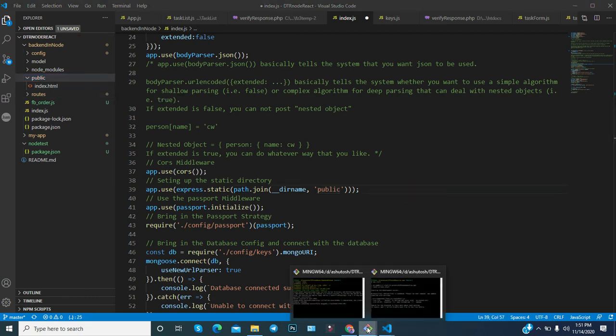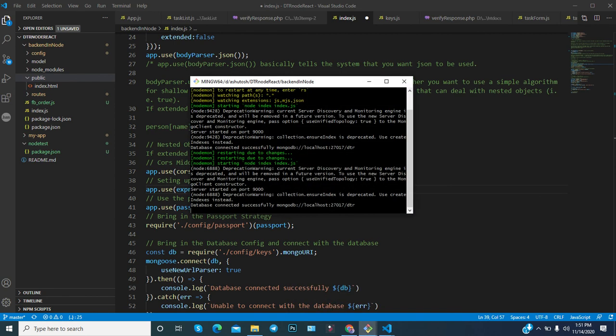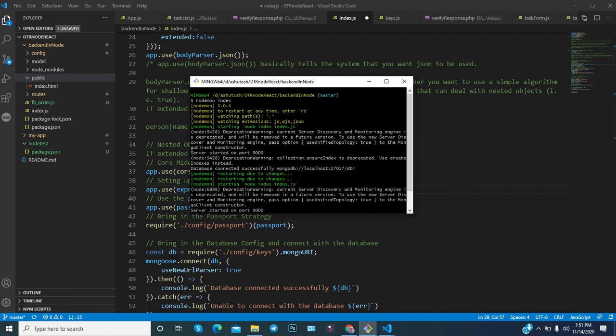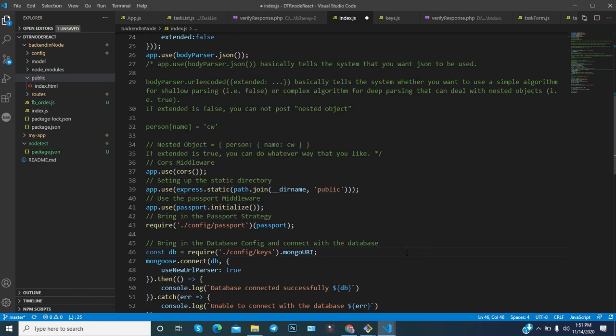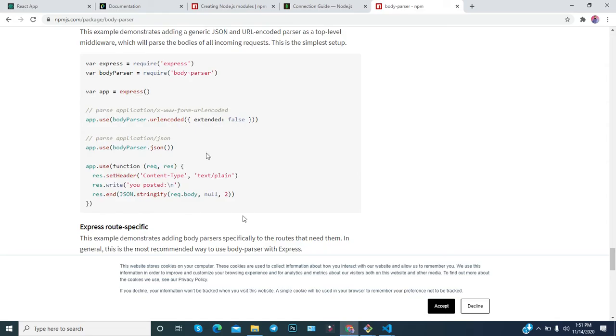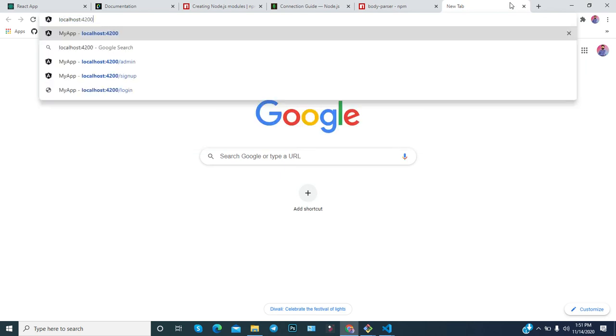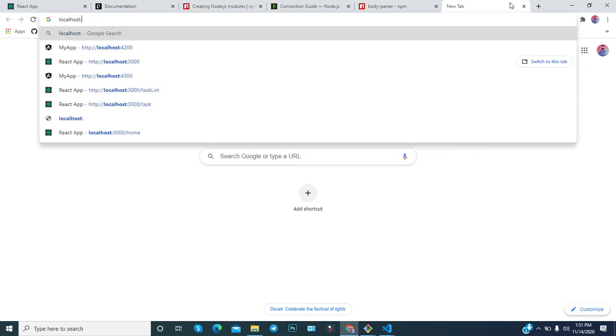As you know, we run the application in the console. This is the console. We run nodemon index, and now the Node.js application runs. You can notice that it runs on port 9000, right? So here you type localhost, because it is running on localhost, and then 9000.